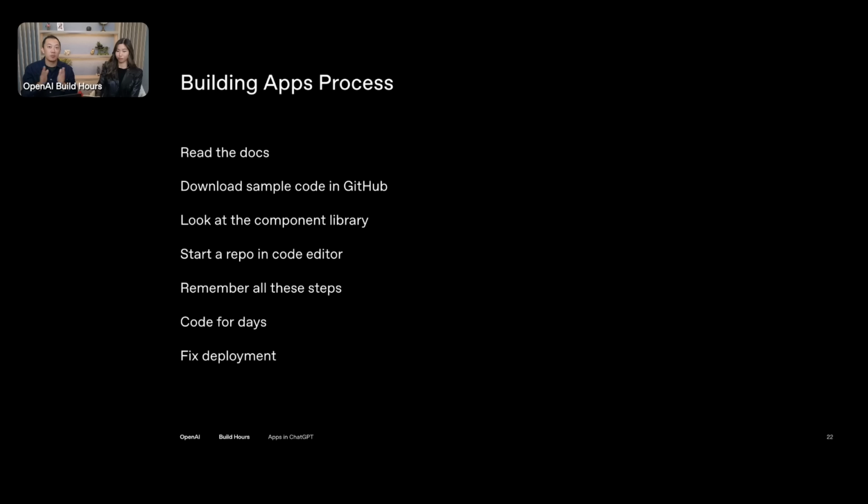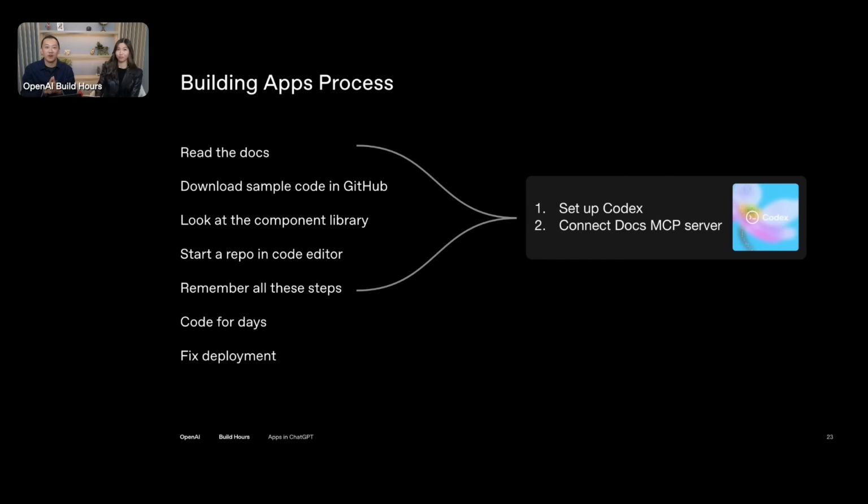This is great, but I think we have the opportunity as well to look at the build app process using Codex and our Docs MCP server to help you build that much faster in an AI first world. So I still recommend everybody to go build the traditional way, read, download sample code, and ingest information. But as well, if you want to get going quicker and also have a really smart, thoughtful partner to work with you and code pair, Codex is a great tool here to help you build a lot faster.